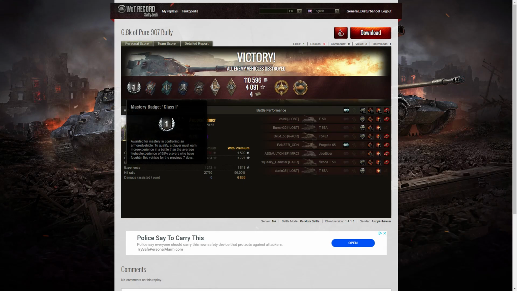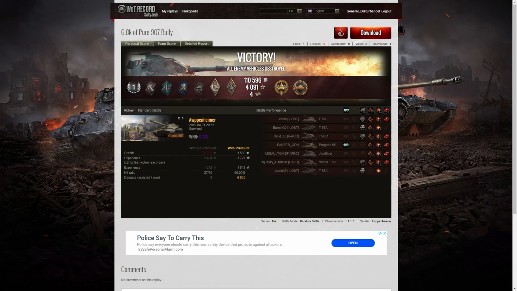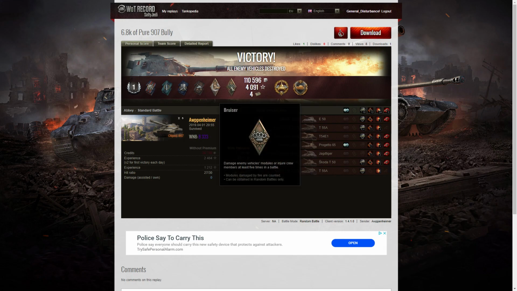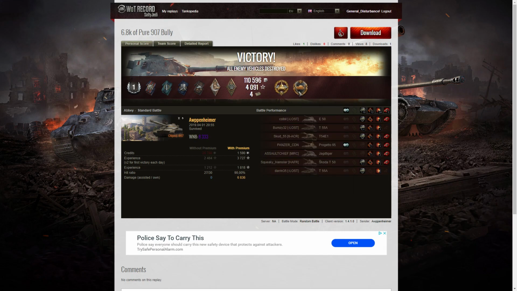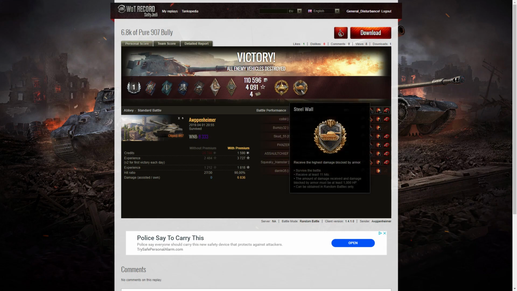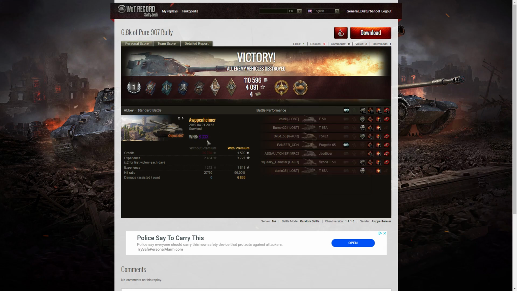It's a first-class tanker for Awppenheimer in the Object 907. He managed to get a fire for effect, a fighter, a shell-proof, a duelist, a hand of God, and a bruiser medal out of the minor medals. But out of the epics, he picked up the high caliber for dealing the most damage in the game, and he also got a steel wall for blocking the most damage in the game and surviving it. And a win 8 for the game,